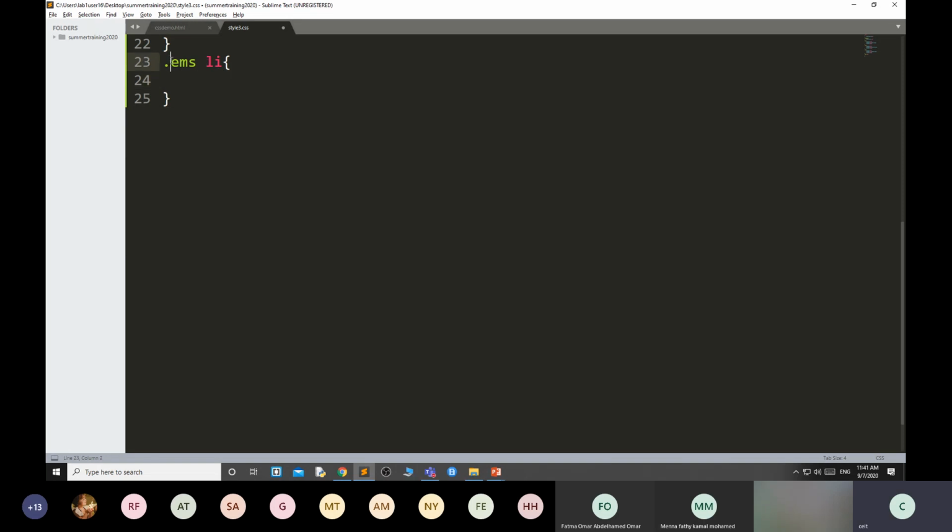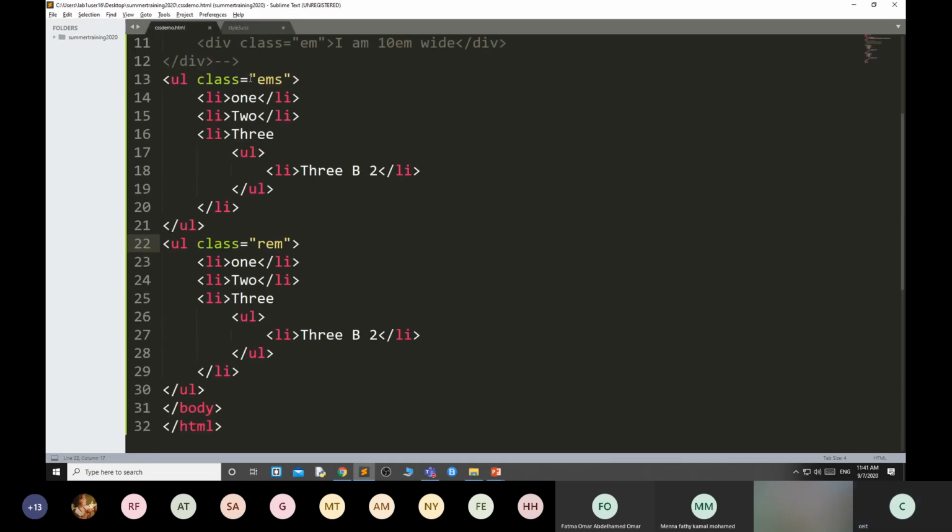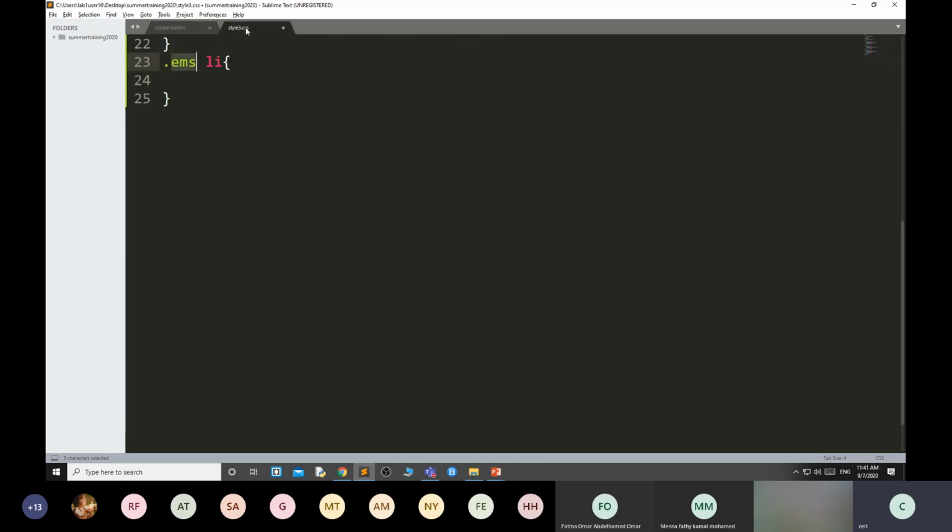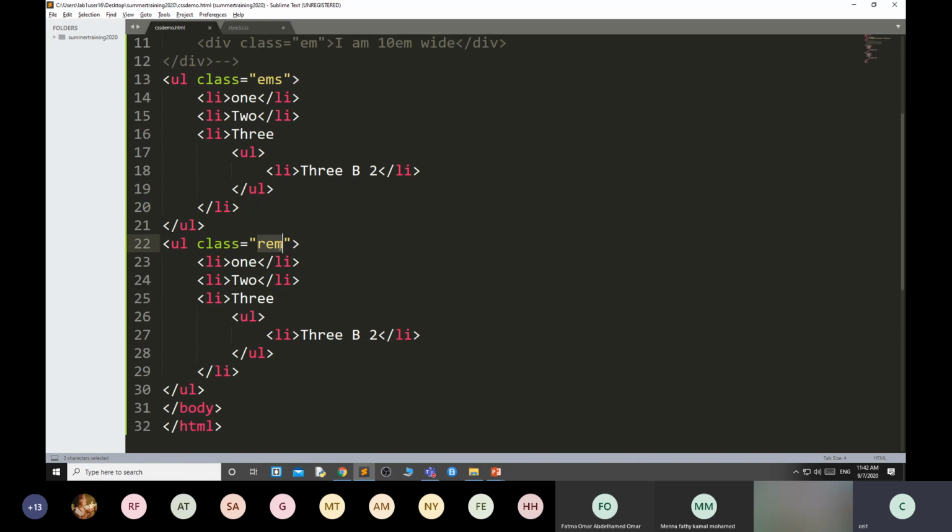EMS LI means this is the EMS class, and in this class I want to style this LI. Here we simply use the width 10 EM. Then .REM LI means this is the class and we want to style the LI of this class.